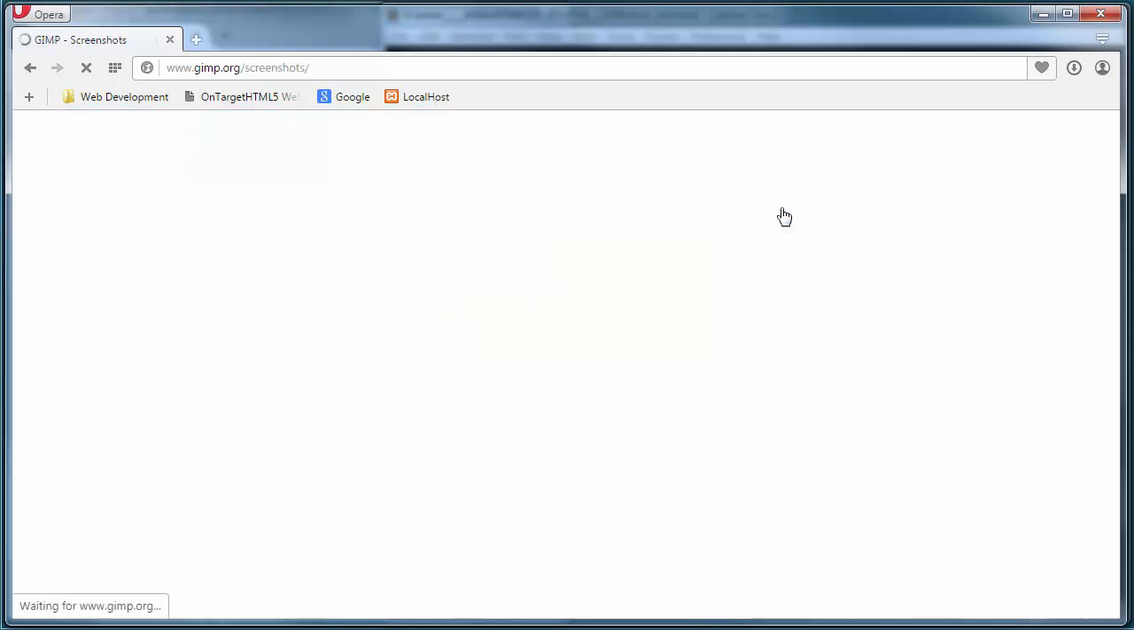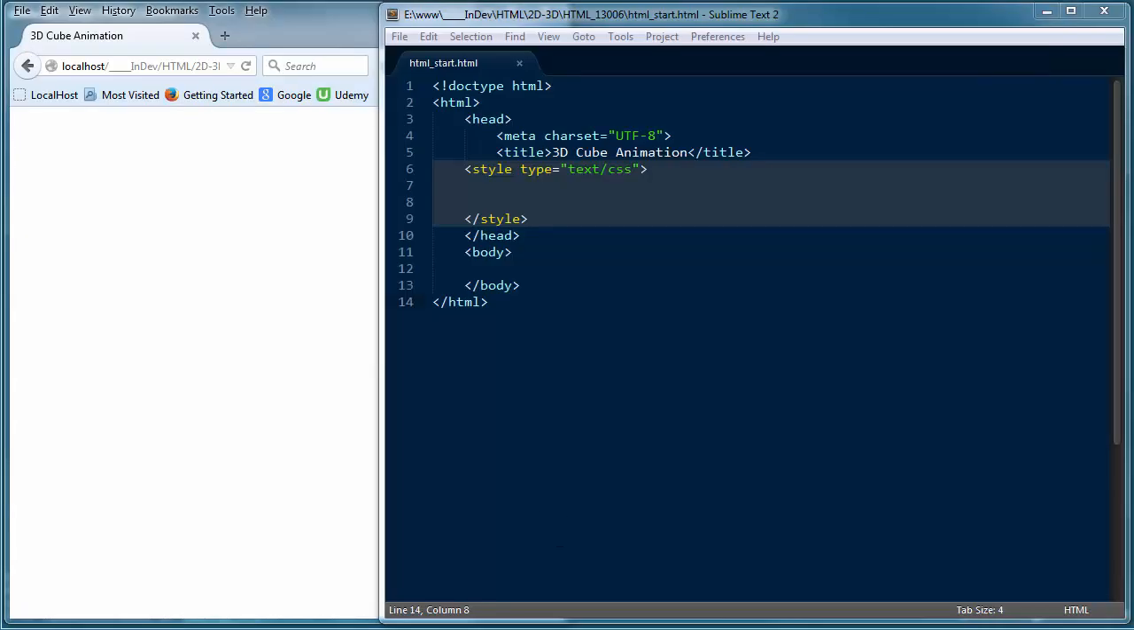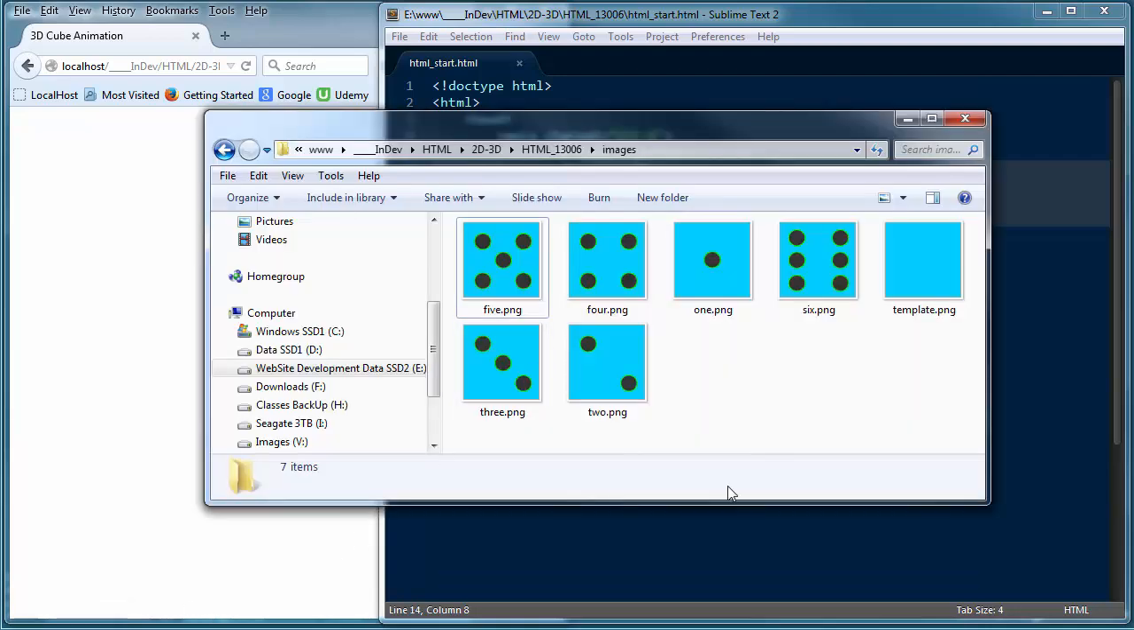If you don't have access to a good graphics program, I would recommend that you go ahead and download GIMP at www.gimp.org. Again, they're up to version 2.8. Really good piece of software if you need something to work with your graphics files. And again, like I said, we're actually going to be using some graphics with this particular